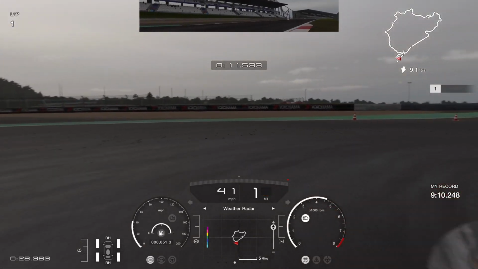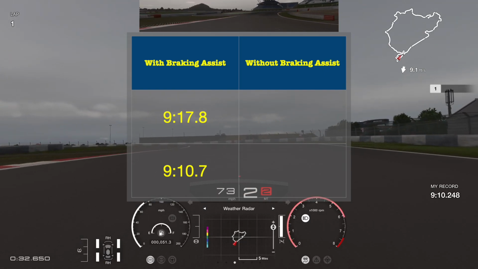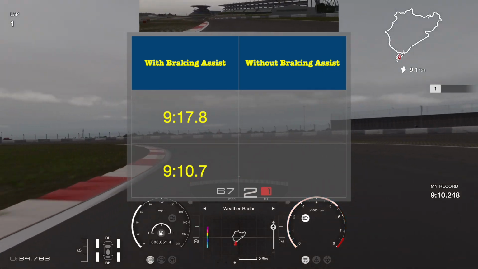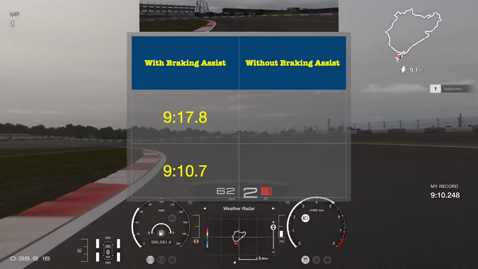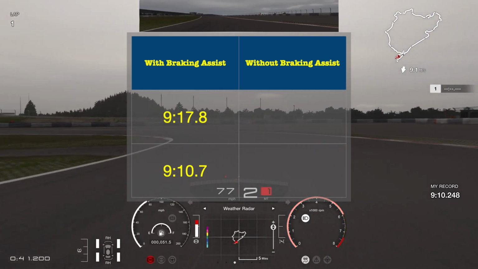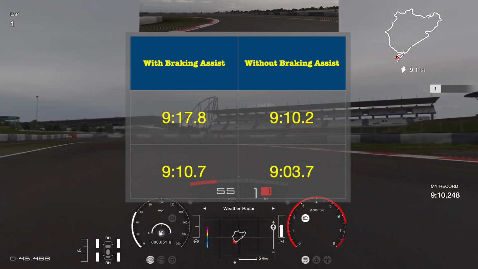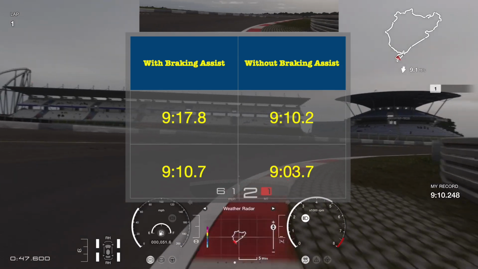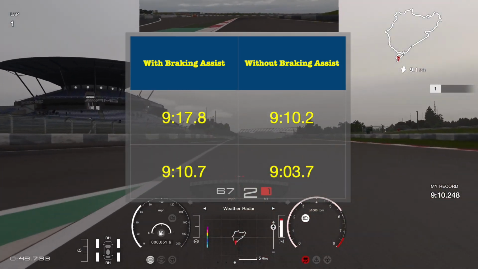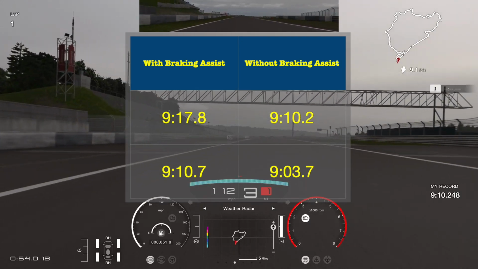Now, every good experiment has a data table, and here's mine. So with the assist, the first two laps we did a 9:17 and a 9:10. Now, here's what's really unexpected, because without the assist, we did a 9:10 and a 9:03. Now, I was not expecting this. It does not support my hypothesis, and